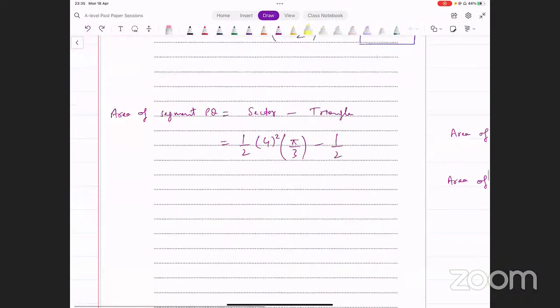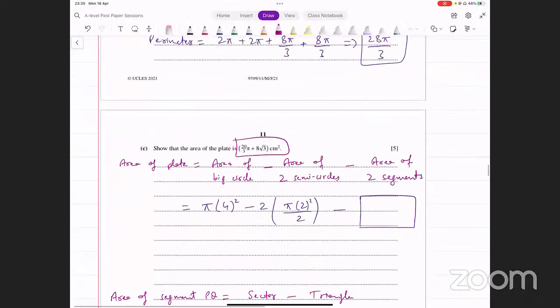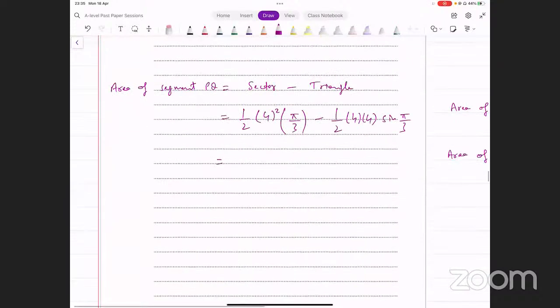And the angle between them, so that's 4 into 4, and sine of the angle between them, that's pi over 3. यहाँ से मुझे area of segment मिल जाएगा. Keep in mind, we want exact area. Decimals में नहीं convert करना. Just evaluate this and see what you get. 16 over 2, 8. 8 pi over 3